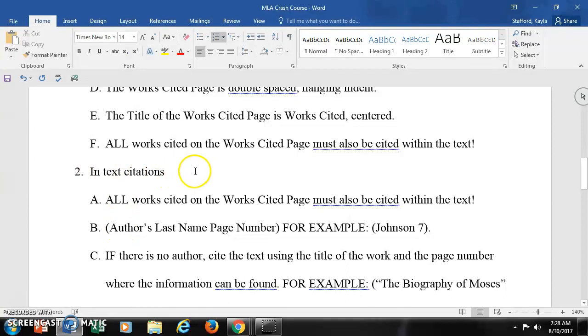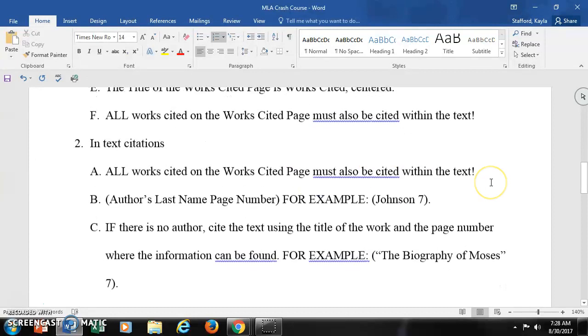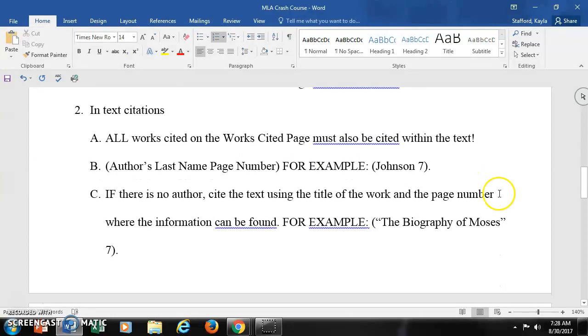All works cited on the works cited page must be cited within the text. How do you cite within the text? Author's last name, page number. For example, Johnson 7. This means that Johnson wrote my paper, that's his last name, and I found this information on page 7. Notice that there are no commas,